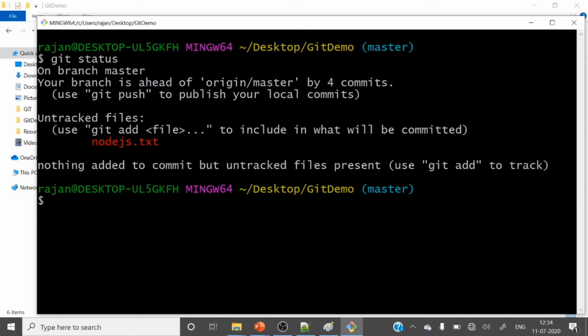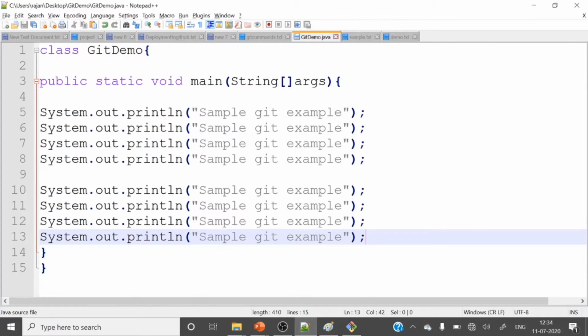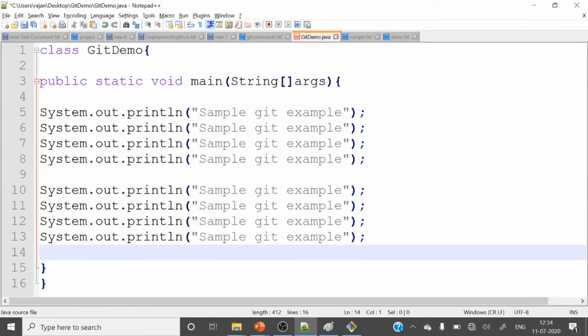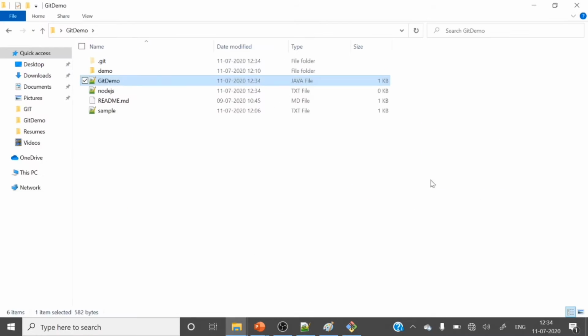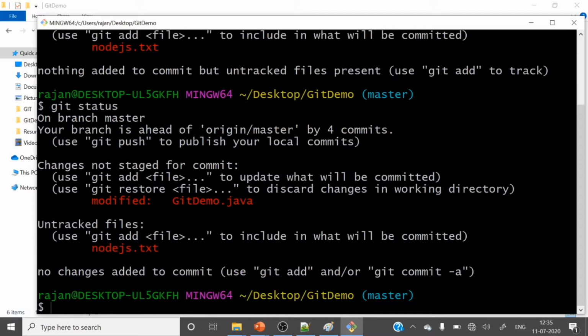It's an untracked file. Now let me modify GitDemo.java. Let me copy this, put it here again, and press Ctrl S. Let's check git status again. See, it's a modified file, and this is a newly added untracked file.